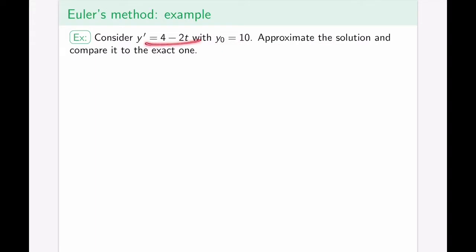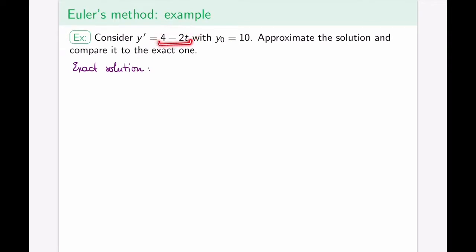So sometimes the function that is given is actually quite easy to calculate the exact solution for. And in this case, we can do that. This way, we can compare how well our approximation method fares against the exact solution. Notice that this is not an equation of the form y prime equals a minus by, because we don't have y. Instead, we have t, which actually makes this even simpler, because this is something we can think of in